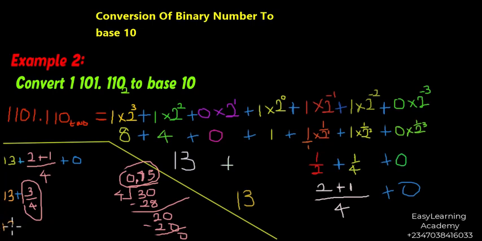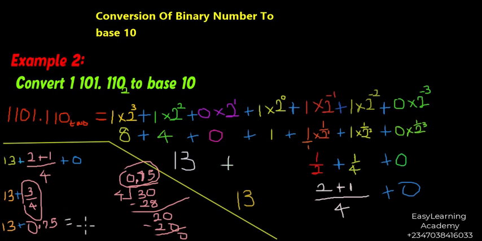So we can now say plus, that answer again, that is 0.75. And if we add this up, our answer here will be